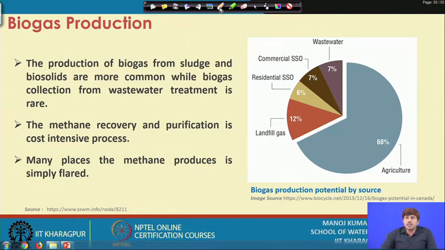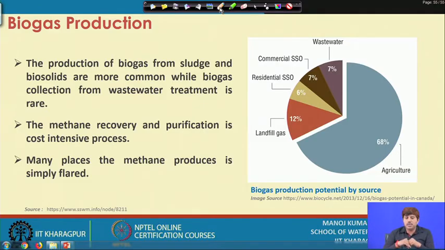But in wastewater, the volumes are large, but typically the organic loading is less, particularly with sewage. With very low COD values, of the order of say 200, 300, 400 milligram per liter, how much methane can potentially be generated out of that, and is it financially viable to make a huge amount of investment for the collection and management of that waste? The potential is there though.